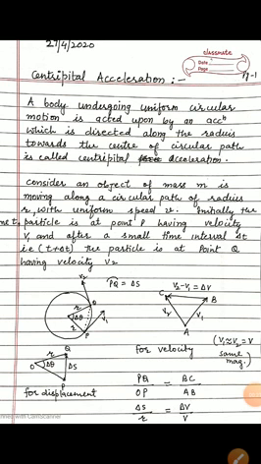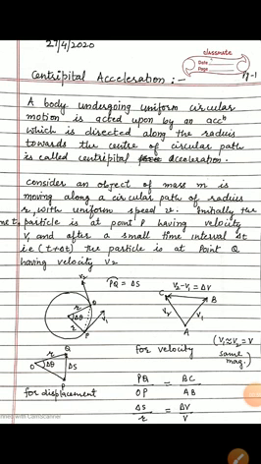When a body moves in a circular path with a constant speed, the motion of the object is known as uniform circular motion. You know it very well. In uniform circular motion, the speed of the body remains constant, but the direction of motion changes continuously. Thus, the velocity of the body changes continuously. The change in velocity gives rise to an acceleration. So, the motion of a body moving in a circular path is known as accelerated motion.